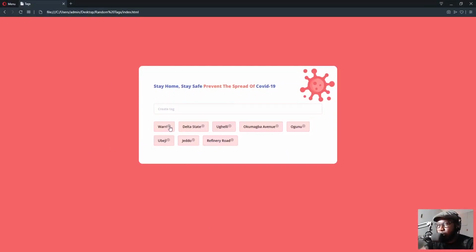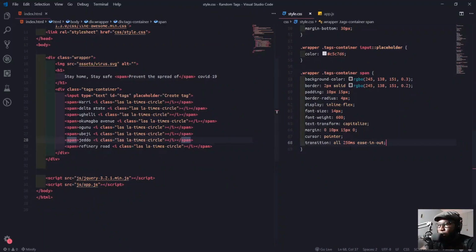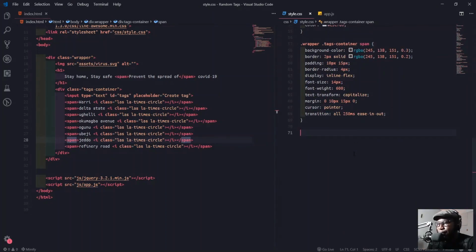So we'll get to work on this i tag now. What do they call it again? The icon. I bet that i stands for icon. No, let's not say italic.